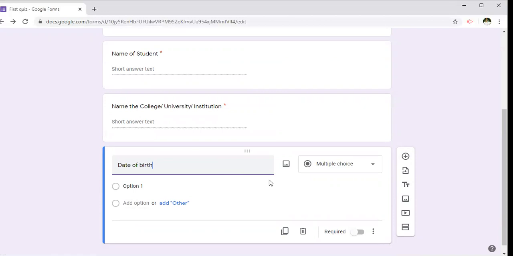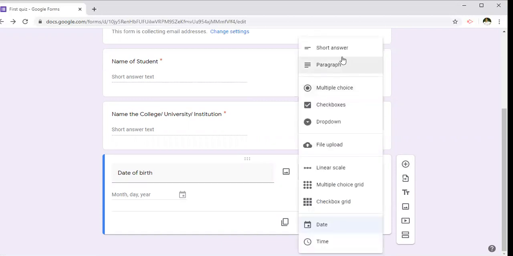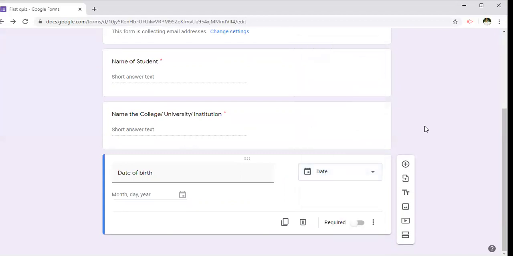Date of birth. When we click on this, it automatically comes here, month, day, and year. So can see here this appears as date. So when we check here, I have taken short answers, 2 to 3 short answers and date now. So let me check and try all the options here. So make it compulsory.